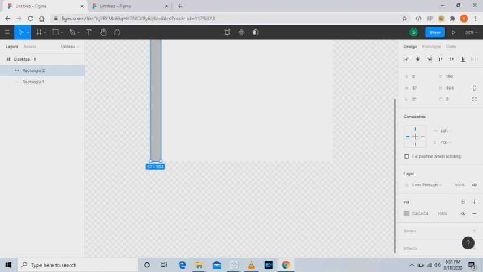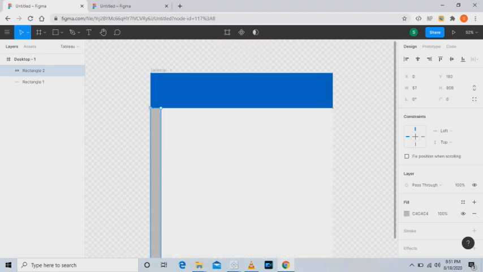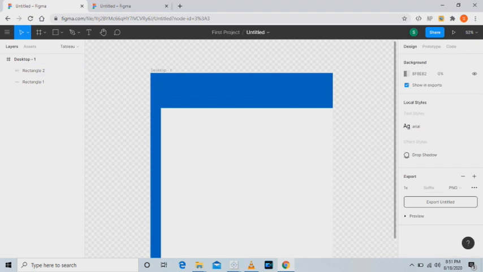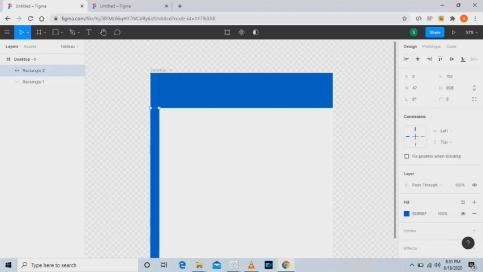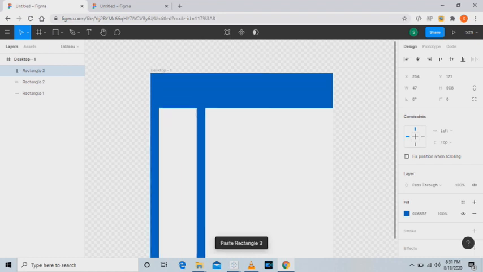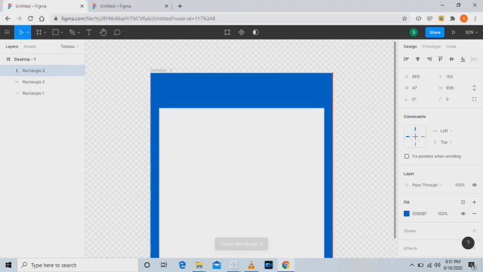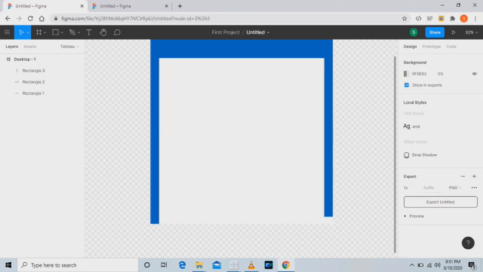Similarly, create a vertical rectangle and give it the color 0065BF. Copy this rectangle and then paste it. Drag the pasted rectangle to the right.